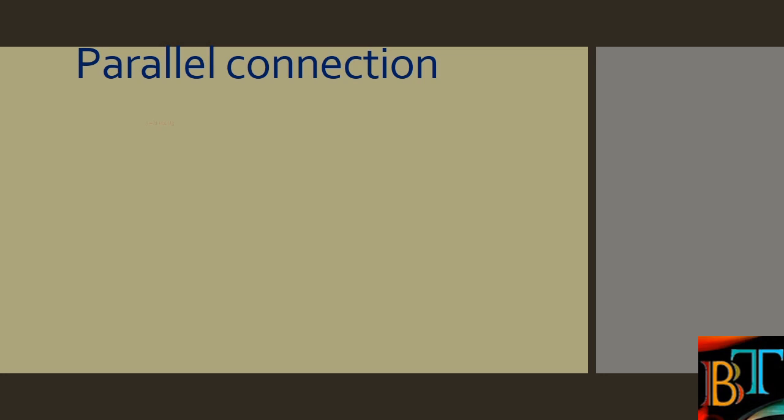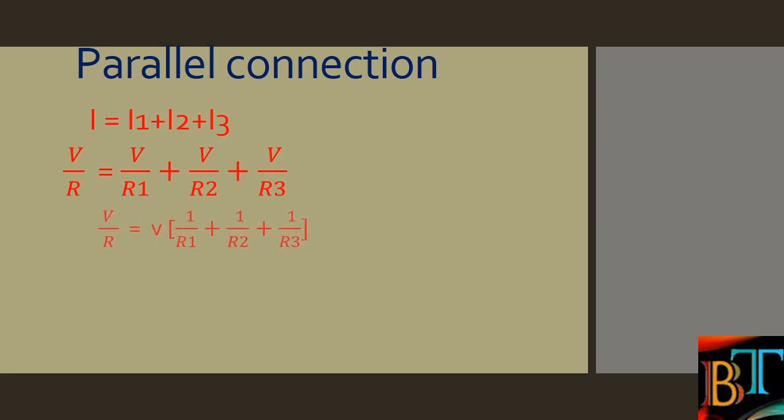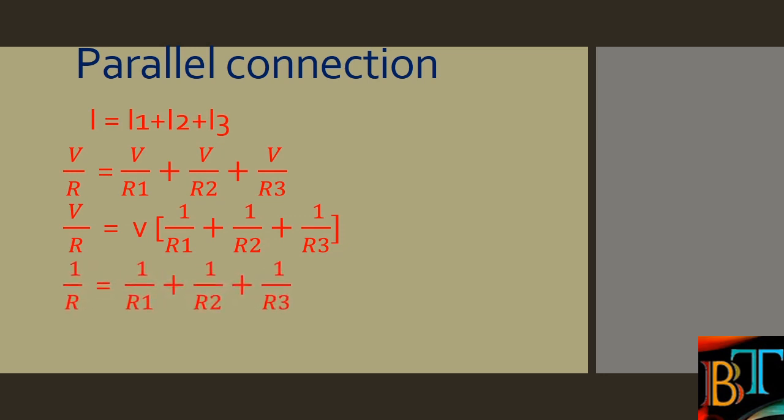Hence, the total current I is equal to I1 plus I2 plus I3, that is V by R1 plus V by R2 plus V by R3. Since the potential difference is the same for each resistor and equal to the potential difference across the battery, we can cancel V on both sides. So we will get 1 by Rp,